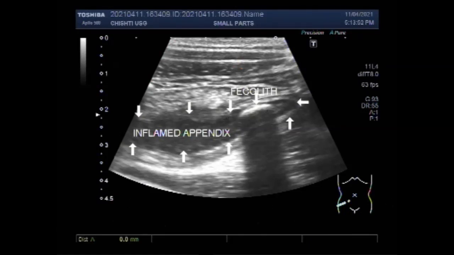Now you will scan caudally to reach the inferior end of the cecum, and then you can sweep the probe to do the examination in the transverse plane or the axial plane, also called the horizontal plane or transaxial plane. The position of the appendix is variable from patient to patient, and you will have to look around the cecum to localize the appendix. You can find some important information in the description of this video.